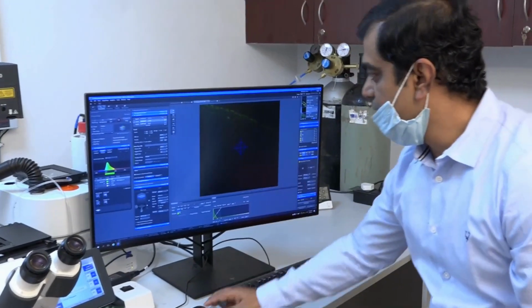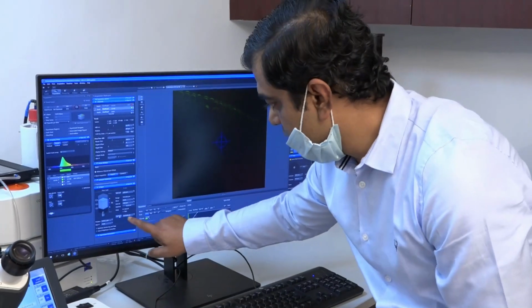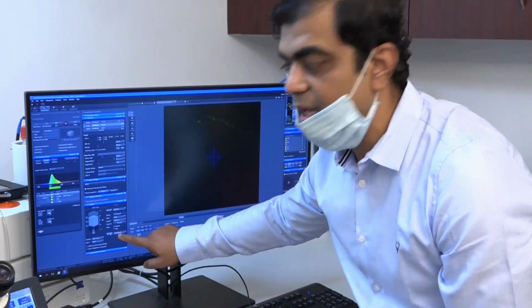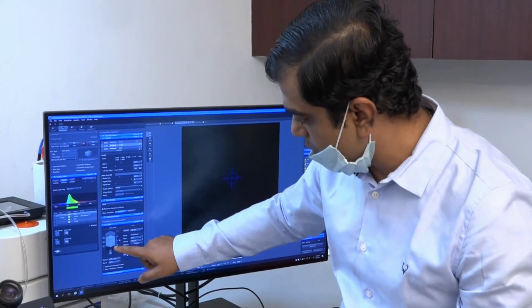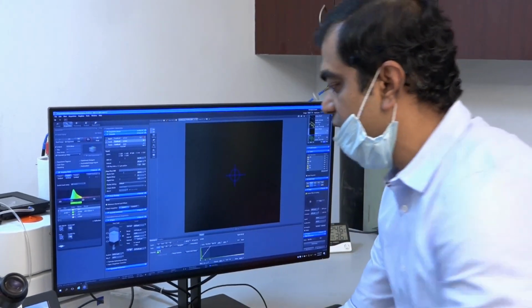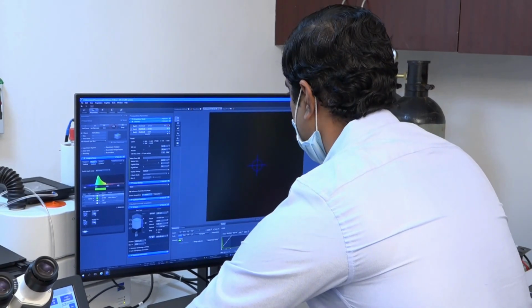See, the signal is getting lost. So I will mark this position. So the Z value is marked at this position, which is the start position here, the first one, and then I will go in the reverse direction so that I get to see my sample.